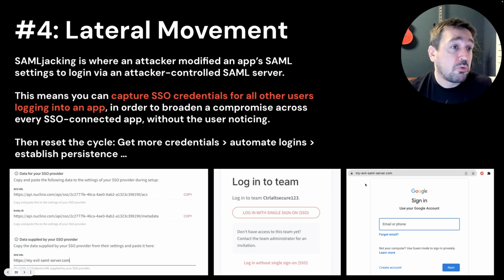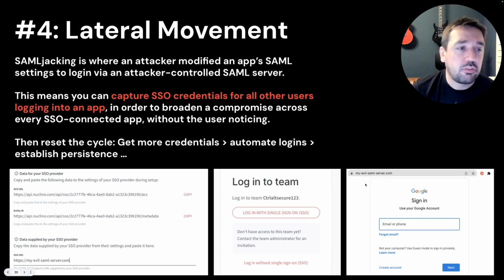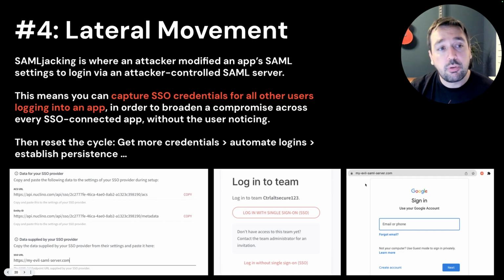It might be a small, not particularly important one potentially, but you can change the SAML settings because you're an admin. So next time all the other users come to SSO to it, they can get directed somewhere else of your choosing, which you can use as a phishing vector, like a watering hole based phishing vector.